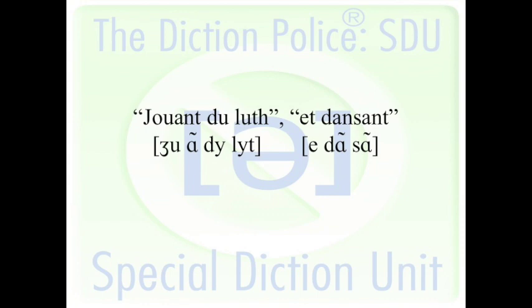If you actually separate them, you will end up with a glottal. I was just going to say that because it's like German, where we need the glottal between, right, but before French vowels we don't have glottals. A way to do this is just to very gently rearticulate that "et dansant." "Jouant du luth et dansant." So almost as though you really stopped, "luth, et dansant," as though it's a completely different phrase, but without really disconnecting them.